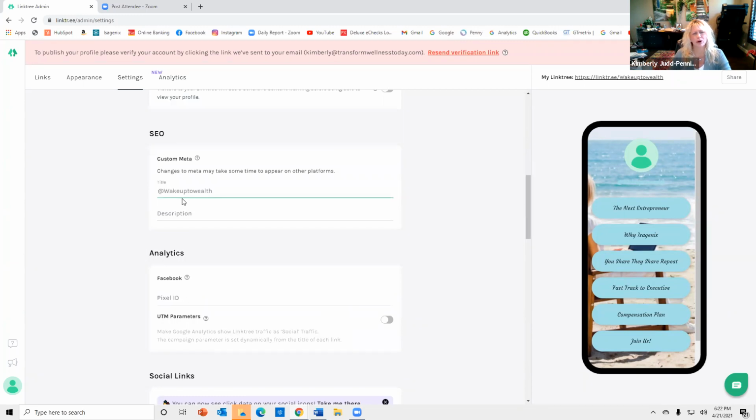This is programming in the actual web page. Even though this is on mobile, it's a regular website, and you can add a meta title and description. So it's hidden, nobody sees it, but those keywords can pull up on the search engines if you get links to your Linktree website. So for title, I'm gonna do work